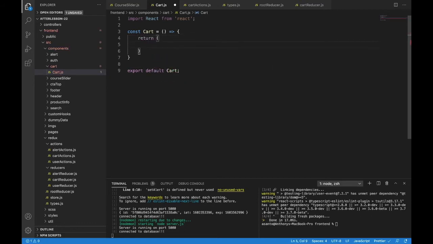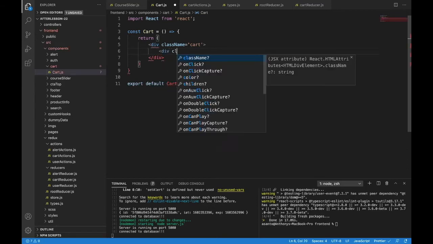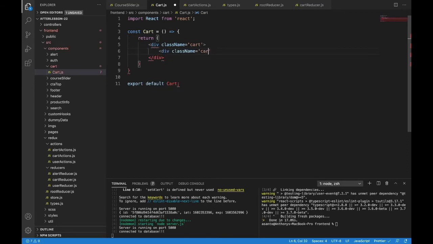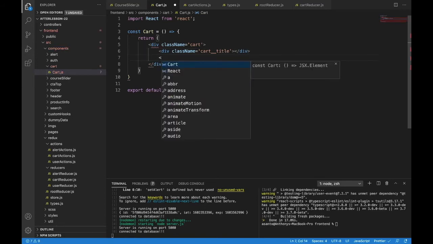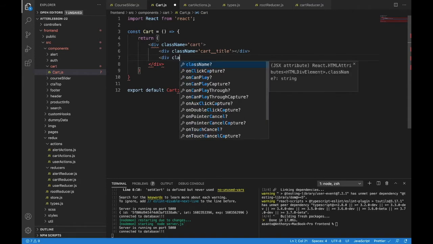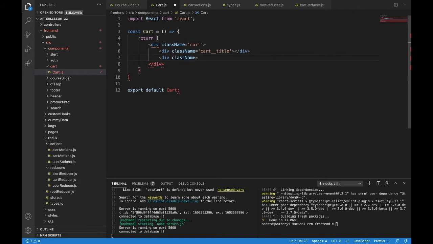So we'll have a div with a class name equal to cart. So this is basically our container for the cart. And inside of here is where we'll put the title for the cart and all of the cart items. So we'll make a div with a class name equal to cart title. And then we will break with this a little bit because we don't want to keep going. When we have the cart items, there's going to be a lot of work to do. So what I'd like to do here is just name it different. We'll just name it cart items like this, so we don't waste the underscores yet, and we have a different